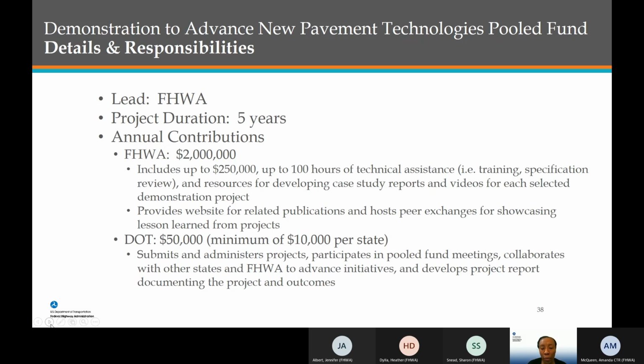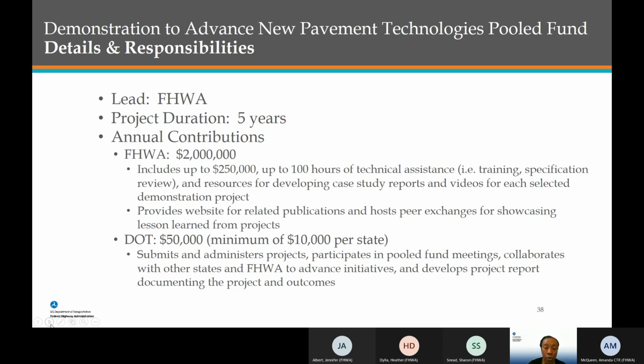Federal Highway plans to contribute $2 million a year to the pool fund. As a part of that contribution, we will support up to $250,000 and up to 100 hours of technical assistance to the demonstration projects that are selected for the pool fund.